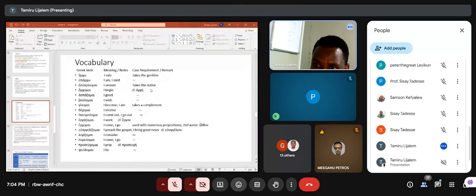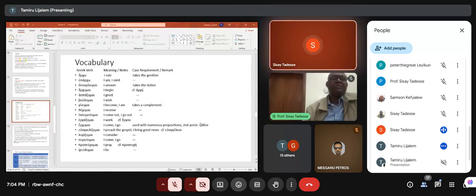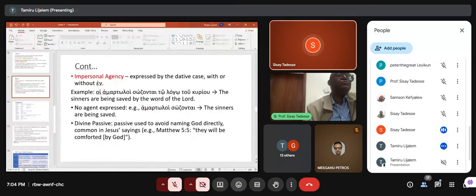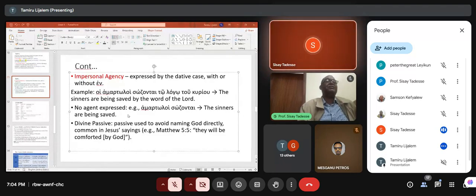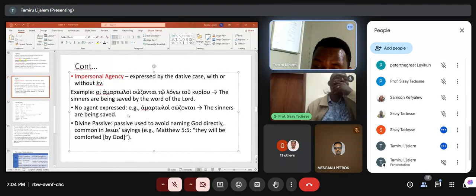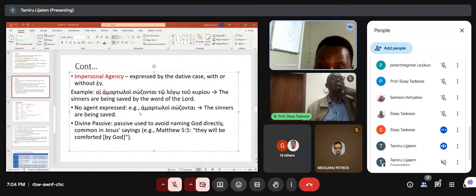On the third part, the divine passive form. Usually, you have given to us one important example from Matthew 5:5. Is it something related to the Jewish culture of not mentioning God by His name? Why are they using this one? Actually, we are learning the language, but is it something related to that? I'm not sure. We know that the Jewish